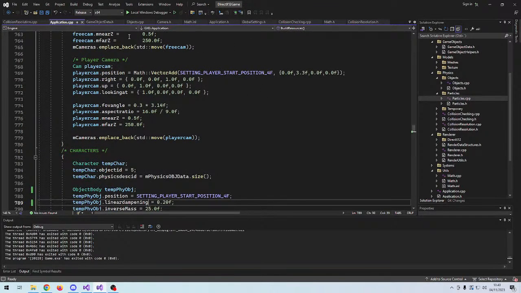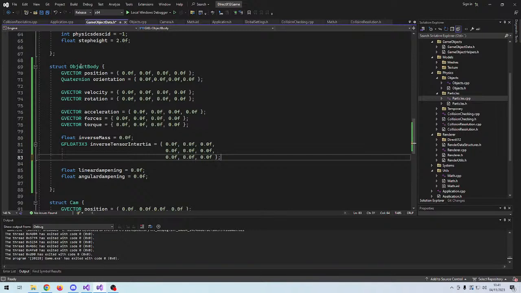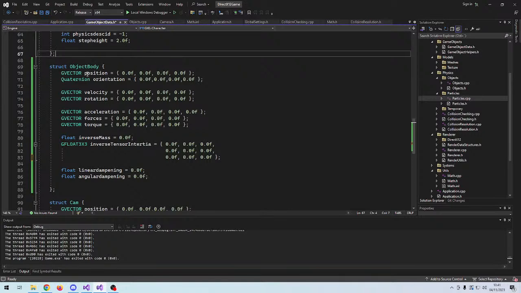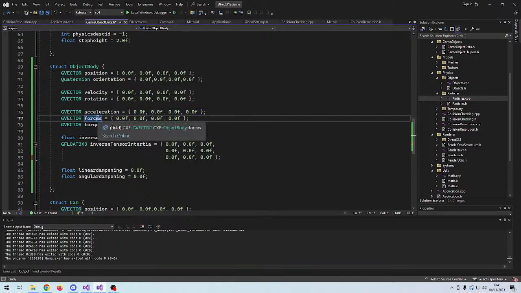I've moved things a bit around and renamed some things. Instead of just an object, the physics component is now an object body, which will have the position vector, the quaternion of its rotation. It will have a linear velocity and a rotation velocity. It will have the application of gravity like before, and it will have